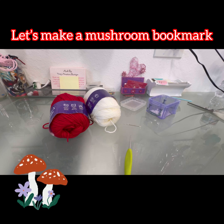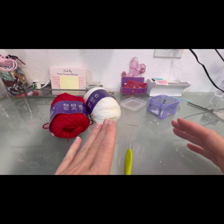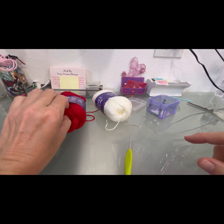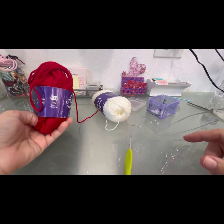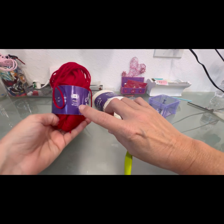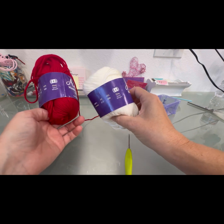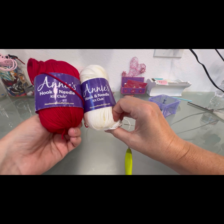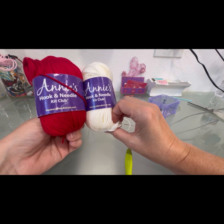Okay, so today we're gonna make our tiny mushroom bookmark. And what you're gonna need is size 2 fine sport weight yarn. I got these in like a kit or something, so I don't know if these are actually for sale,